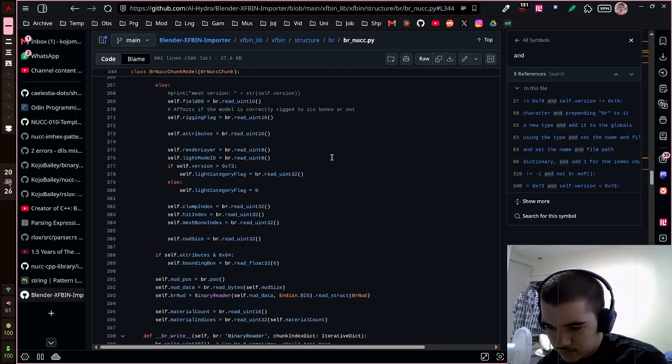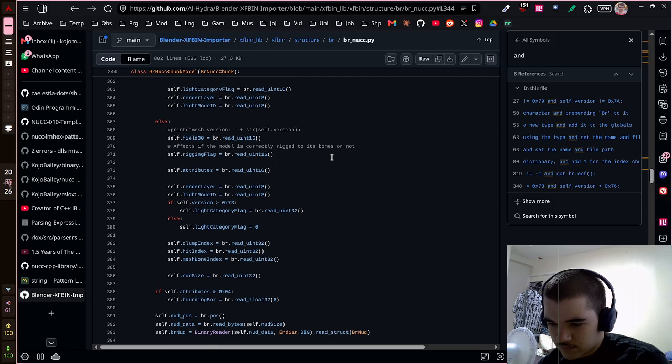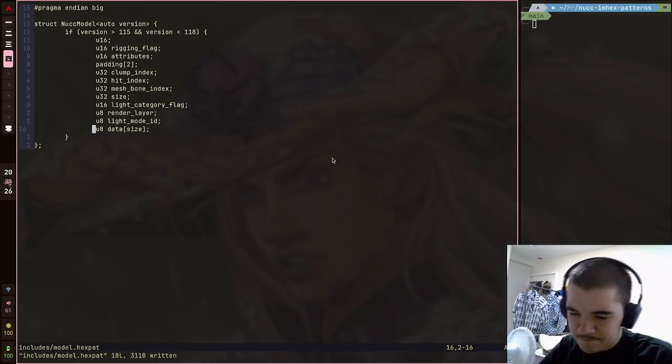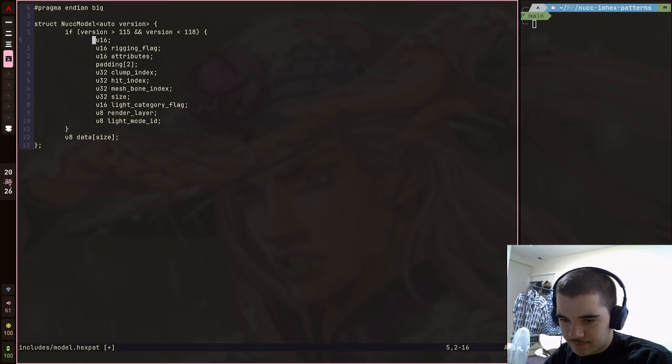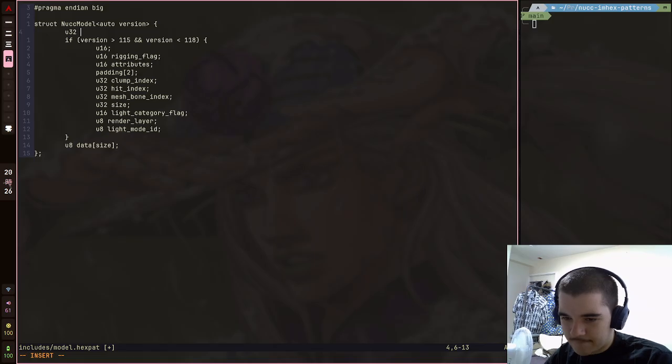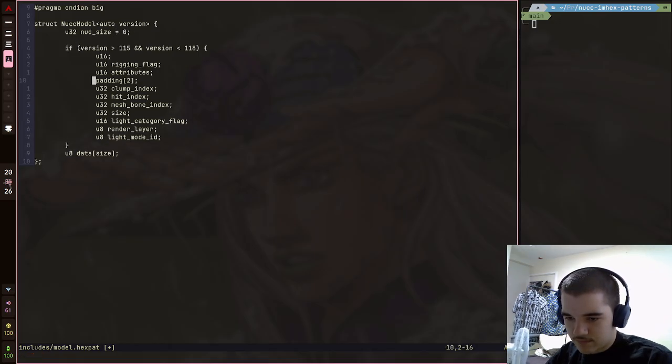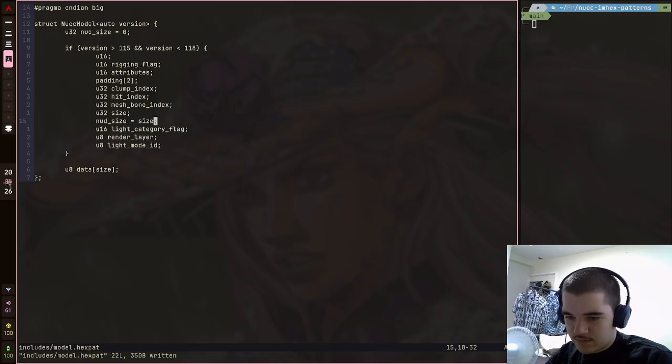Okay. Okay. Move this out. It's a local variable, right? So U32 NUD size equals 0. NUD size equals size. I don't know if that works. So do that first. We say else